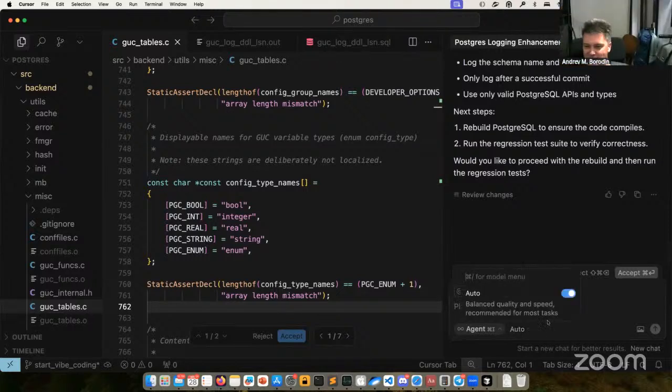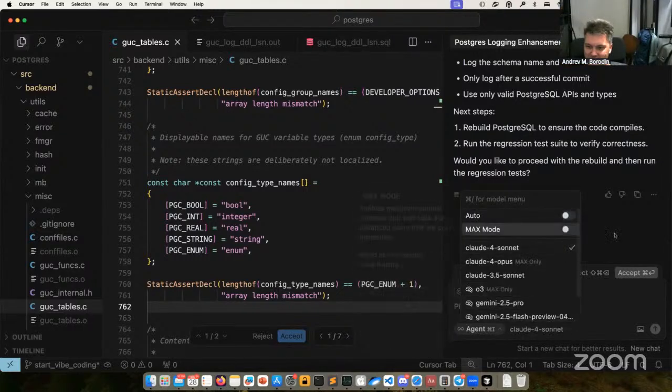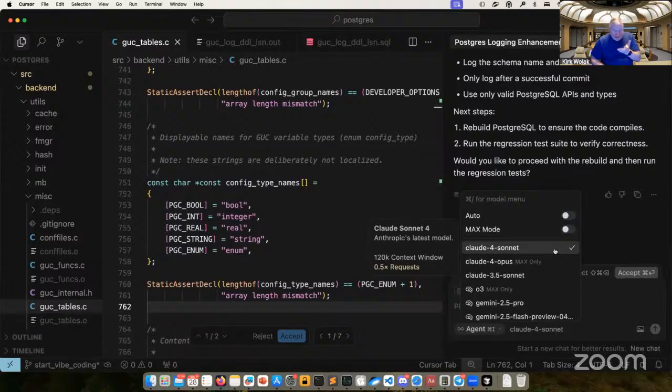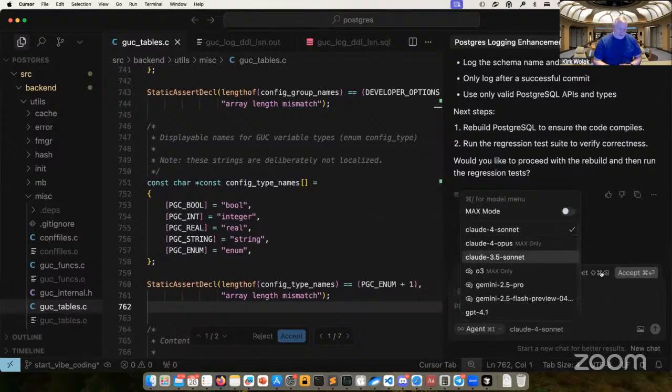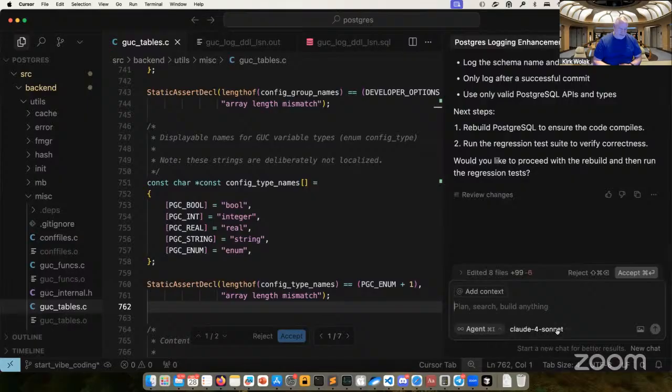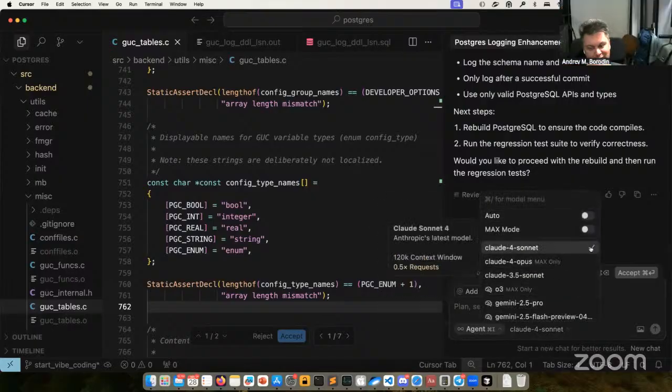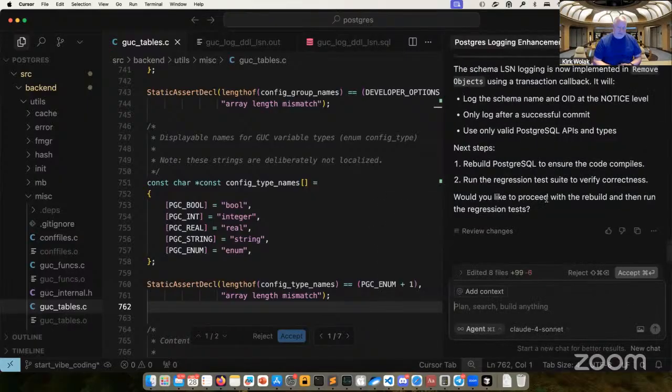So how do we disable auto? Well, see if you can use, okay, it was trying to use Claude 4 Sonnet, right? Go ahead, choose Claude 4 Sonnet. It's already chosen.